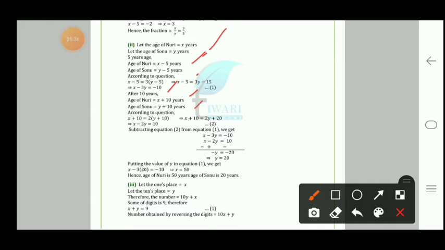According to the equation, we have x plus 10 is equal to twice of y plus 10. So that means x minus 2y is equal to 10. Now, subtracting equation 2 from equation 1, we get x minus 3y is equal to minus 10, x minus 2y is equal to 10. Now, subtracting, so changing the sign, the result will be minus y is equal to minus 20,